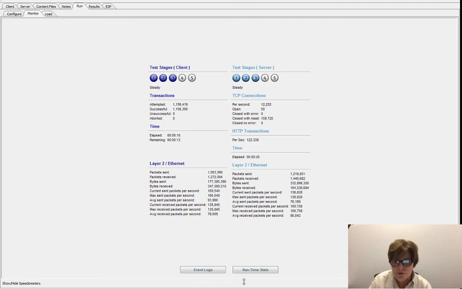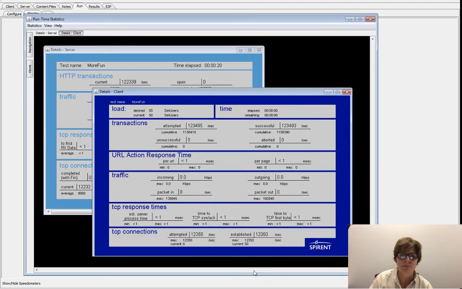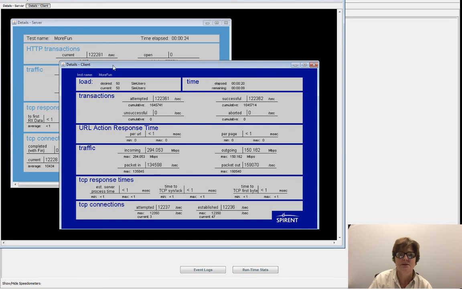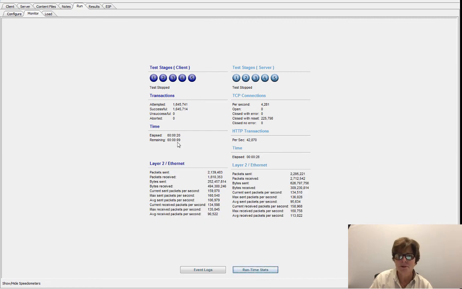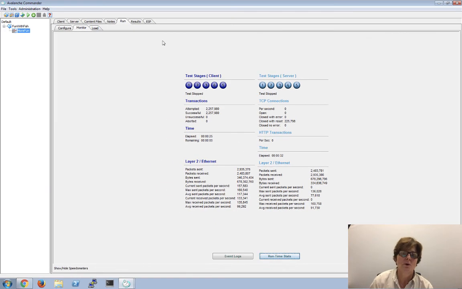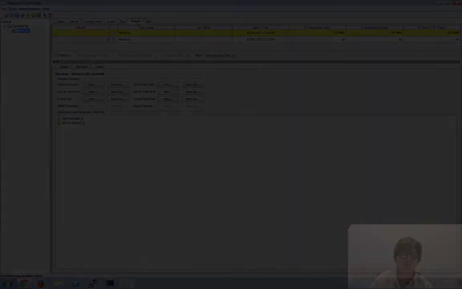And for those of you who are looking at this and you work in CPOC, you can go down there and get the runtime statistics, and this is the client runtime statistics. Desired is 50, current is 50, and all this other information, and this is the server side. But as you can see, we're going to be tearing down in 9 seconds, and I have no unsuccessfuls. So the other thing you can do is send out the results, look at the results. We are now done. So we can actually go to results.